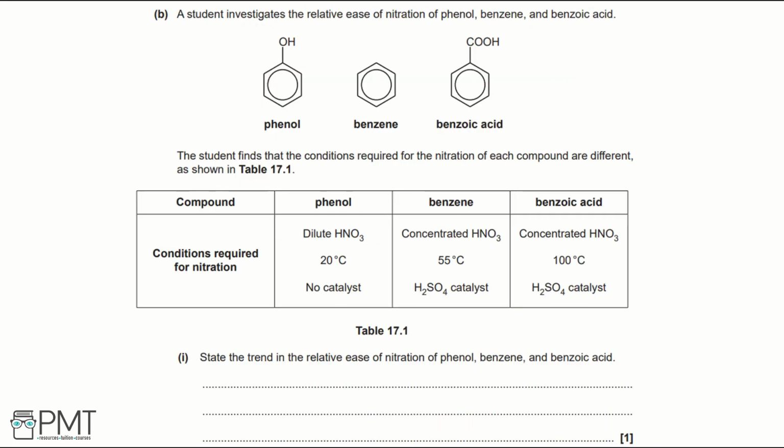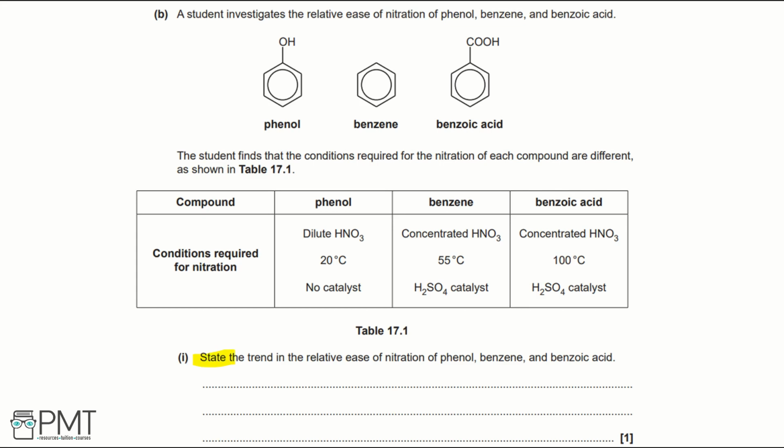B. A student investigates the relative ease of nitration of phenol, benzene, and benzoic acid. The student finds that the conditions required for the nitration of each compound are different, as shown in Table 17.1. In Part 1, we're asked to state the trend in the relative ease of nitration of phenol, benzene, and benzoic